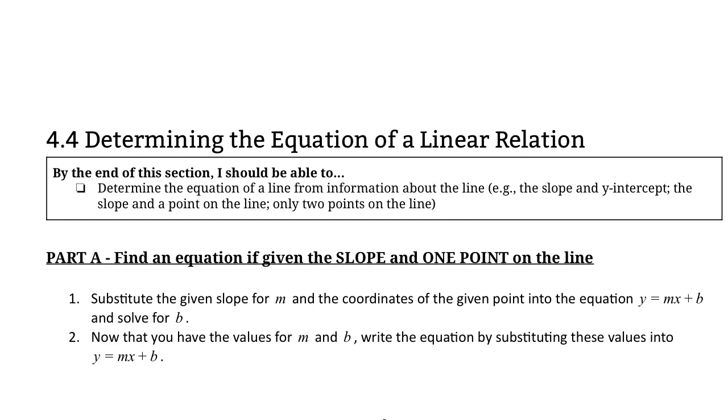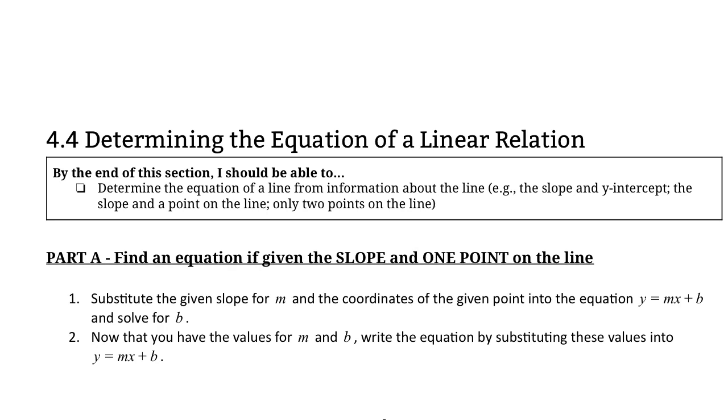Linear relations are represented by the equation y equals mx plus b. If you know the slope and y-intercept, you can very easily determine the equation of a line. But what if you were missing information, like the slope, or only given certain pieces of information, like a point on the line? By the end of this video, you will be able to determine the equation of a line